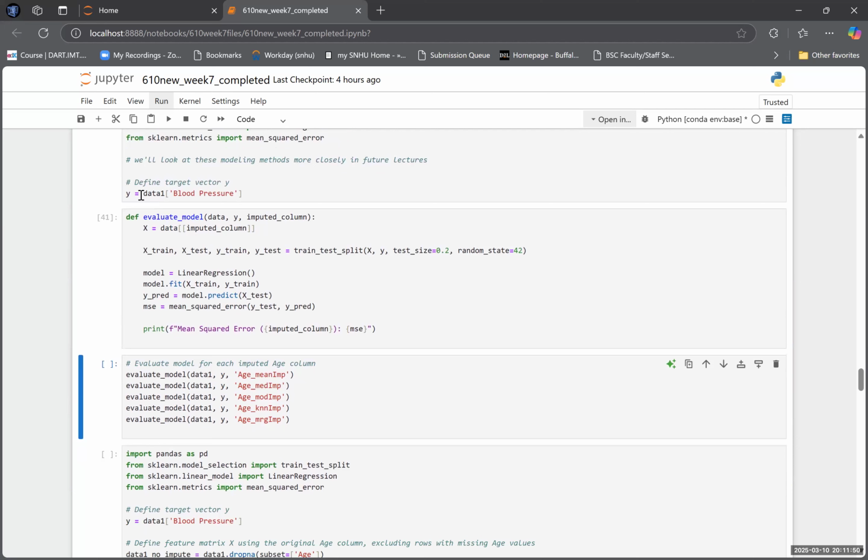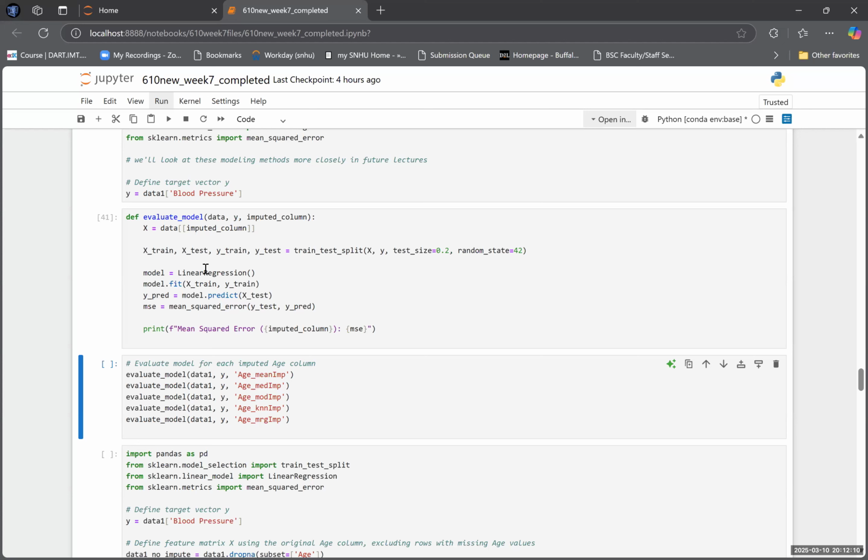So here I'm first just defining the target vector as blood pressure. And then again, we'll talk more about this when we do the modeling, but we're basically splitting this into test and training sets